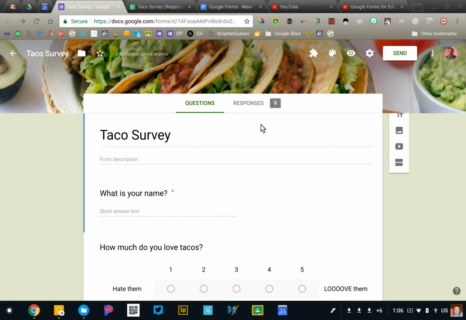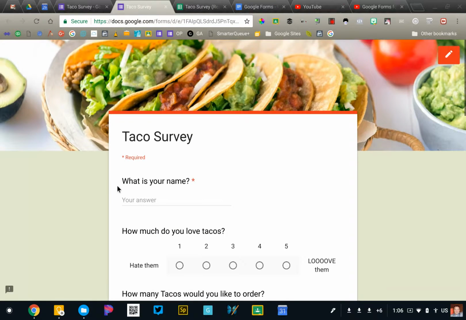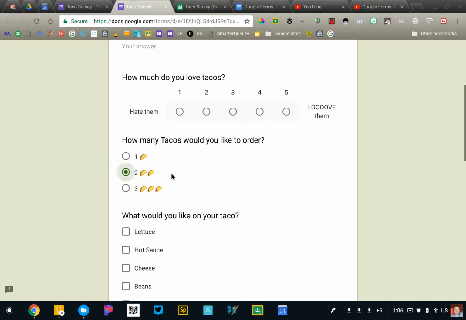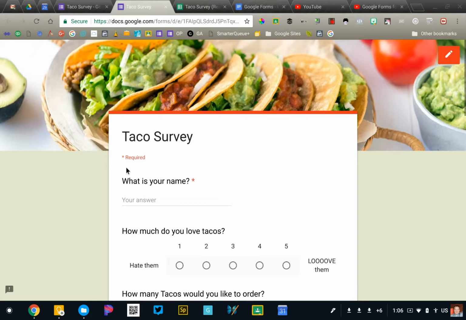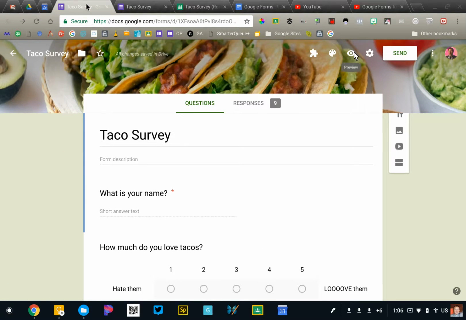So when I view my form here, you'll see the color shows up on the sides, and then even when I select an item, it's going to turn that color as well. Unfortunately, there's no way to change that color. It grabs it automatically. So that's the most impactful thing you can do, is just by changing your header image.